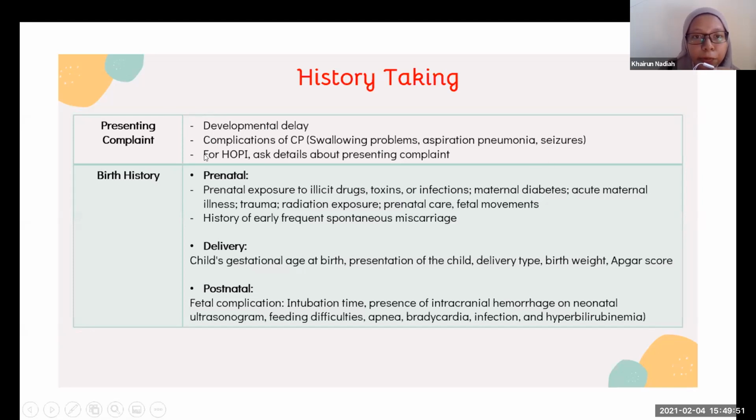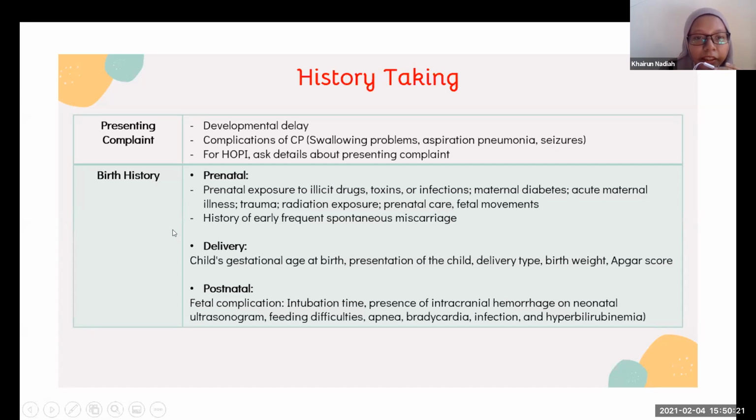And for the HOPI, we should ask detail about the presenting complaint. And we should ask also about the birth history, about the prenatal, if the mother had any prenatal exposure to illicit drugs, toxins or infections, or if the mother had maternal diabetes, acute maternal illness, trauma, radiation exposure, prenatal care of any. Ask also about the prenatal care or fetal movement, and also ask about the history of early